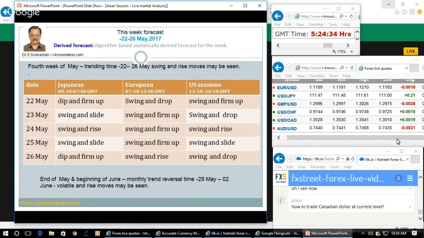Then the drop will give you the profit. Understand the players in each currency, how they are making it. People call it the behavior of the currency, so it's nothing but the behavior of the operators. Currency is inanimate, it doesn't have life. Only the people who operate have a style of operation depending upon the volume.